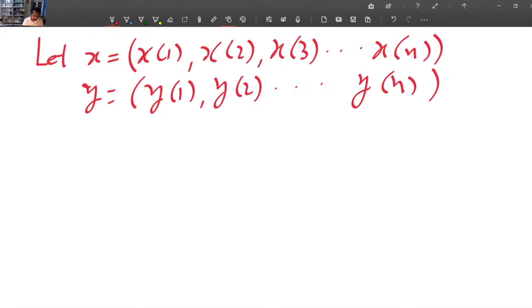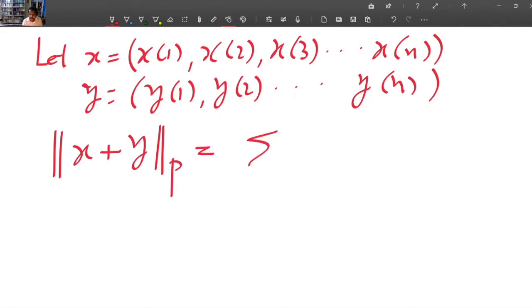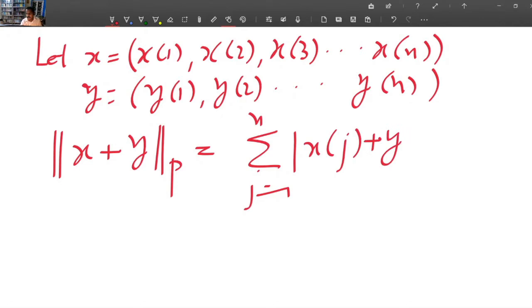So this is your x and y. Consider x plus y, the p norm of x plus y. This is equal to sigma j equals 1 to n modulus of x of j plus y of j the whole raised to p, the whole raised to 1 by p,